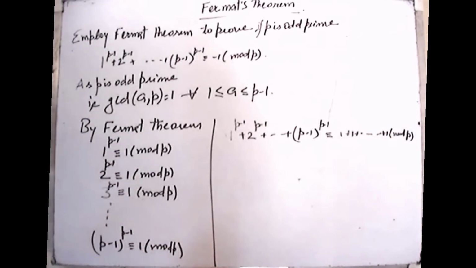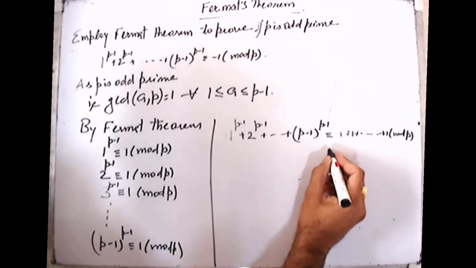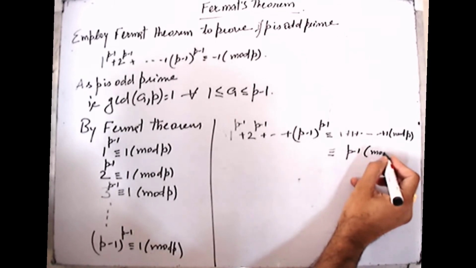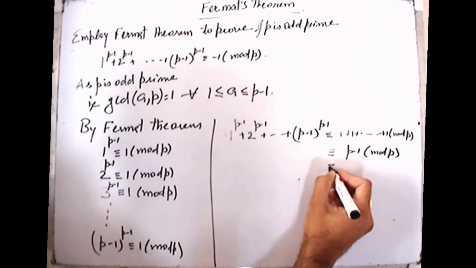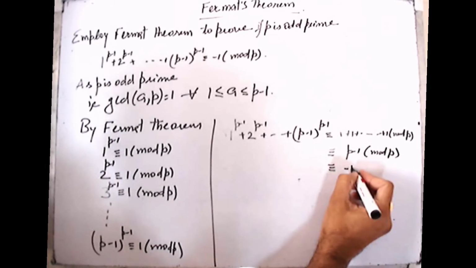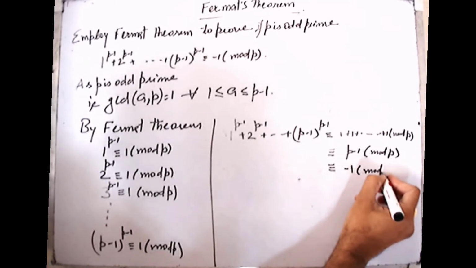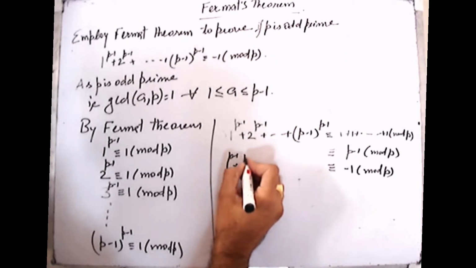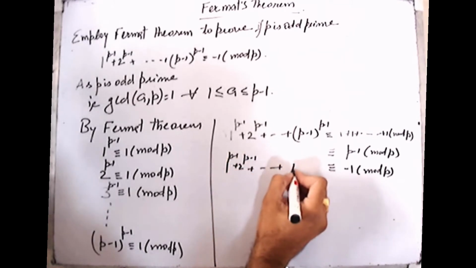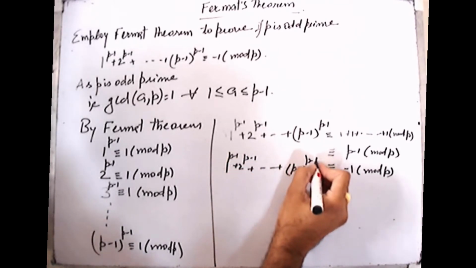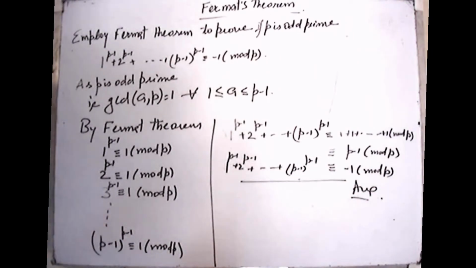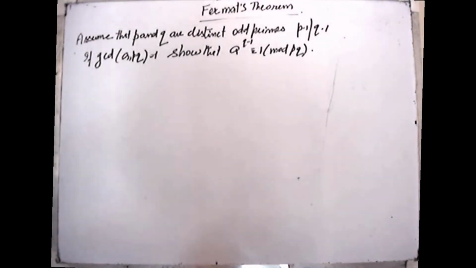And how many times will this 1 appear here? It will appear P-1 times modulo P, which is further congruent to -1 mod P. So we have 1^(P-1), 2^(P-1), up to (P-1)^(P-1) is congruent to -1 modulo P. In another numerical,